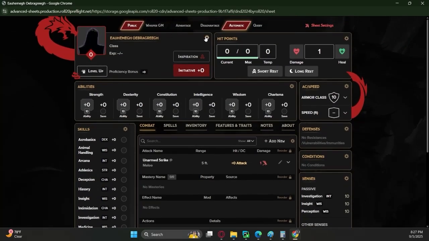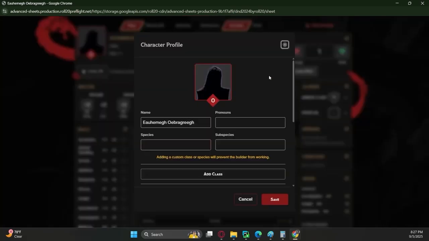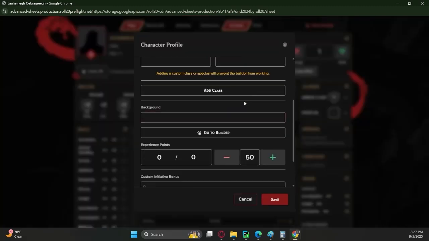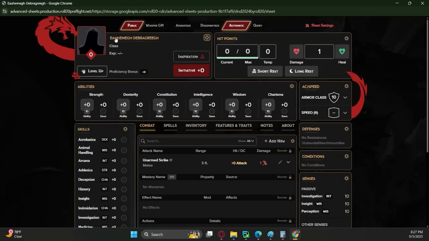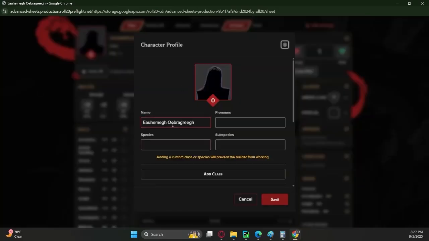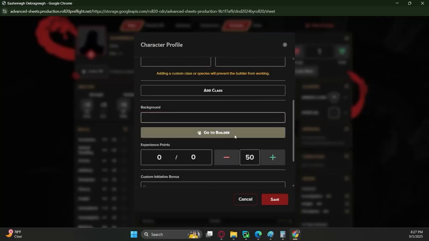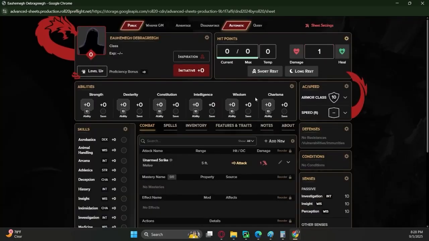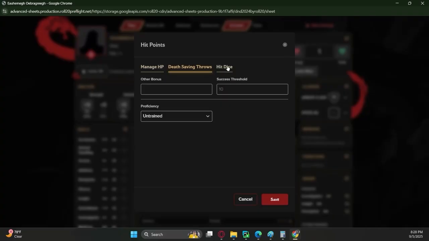So you'll see a bunch of gears in the corner of each one of these little boxes. If you click on a gear, you'll be able to edit the information within its module. Nah, that doesn't work with D&D. Within its little box, you can edit the name, pronouns, species, subverse, its background, and you can also click Go to Builder. Over here is where all your HP is, and you can even add your saves, death saves,